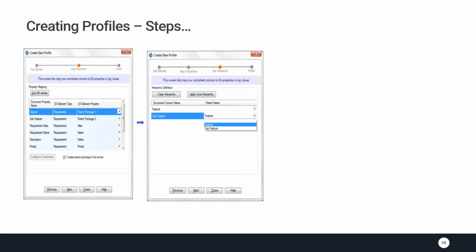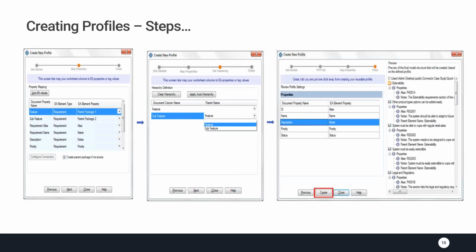So next, click on next, and select if you have hierarchical information. You need to choose feature or sub feature, and then move on. Finally, when you hit next, it will show a preview at the right side panel of how the information would be populated in your EA model after you import. So after clicking create,